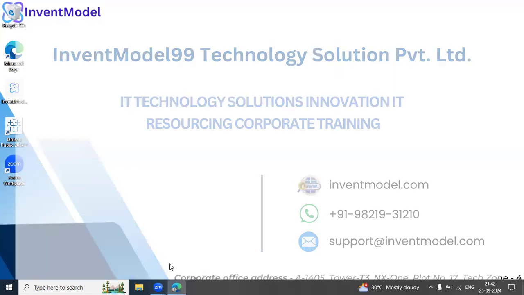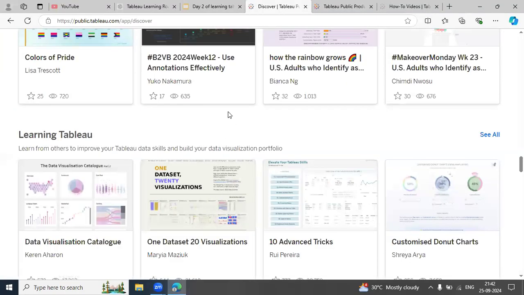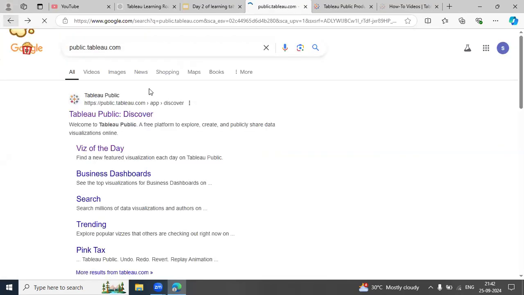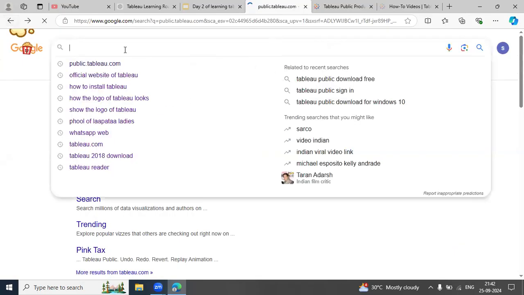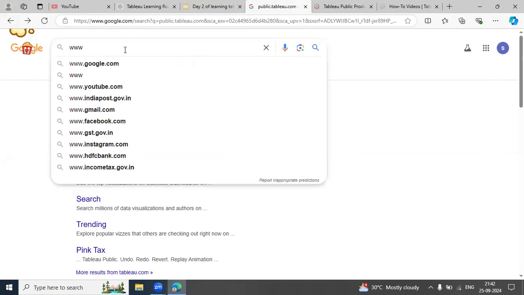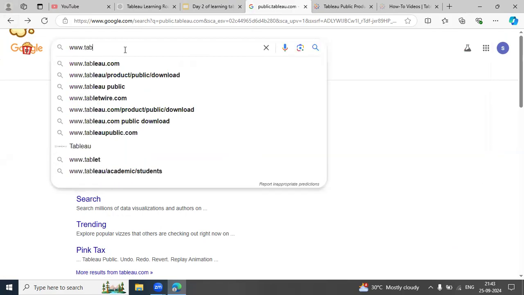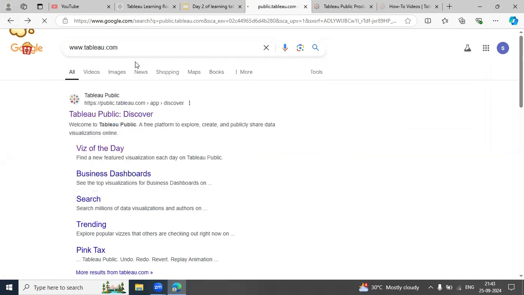So I hope you guys get to know about how to use it. Let me go through the official way too. I already discussed another way, but it's better to go with a product key. So if you have the product key, how can we do that? Let me just go through that part too.